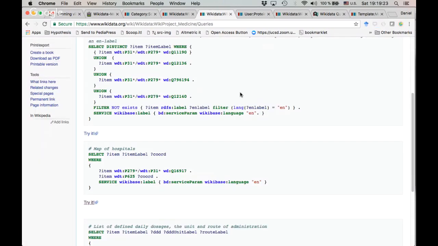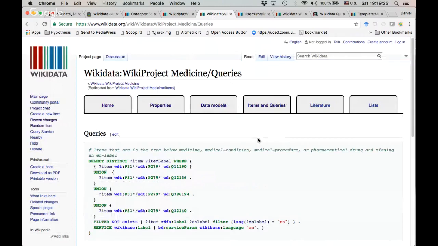Then, yeah, many more queries, and those queries serve a variety of functions. First, they help us identify what kind of properties are actually used on items about hospitals, so that informs discussions around the data model. Queries may serve to